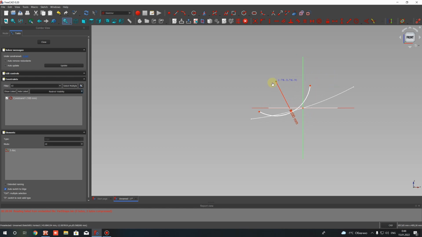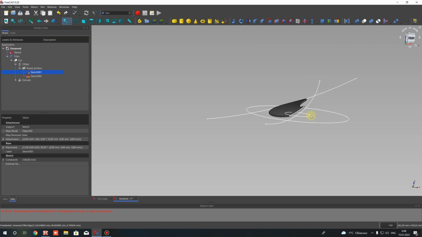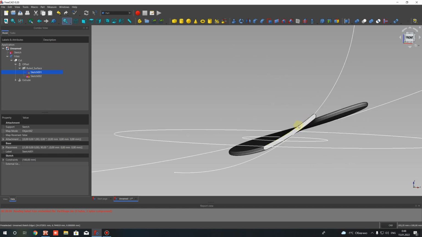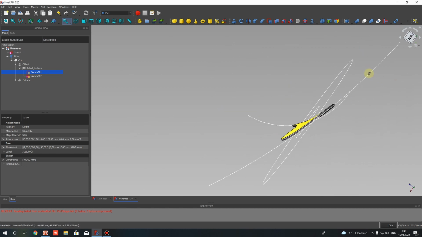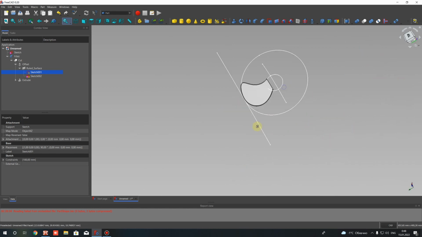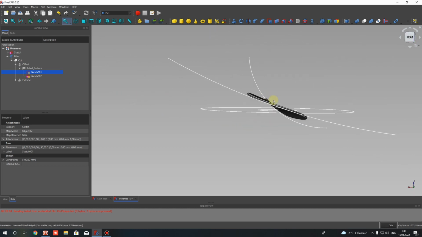We can do this, and we will have a very big angle. Let's close it, and you will get a more interesting shape, I think, of our propeller. Okay, so